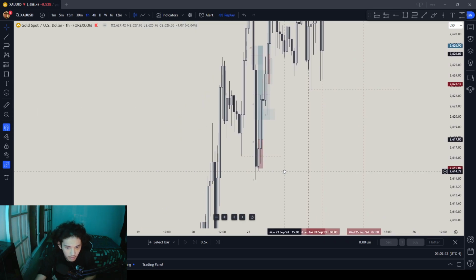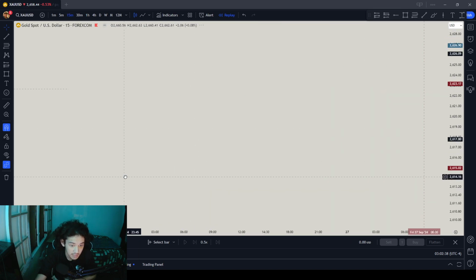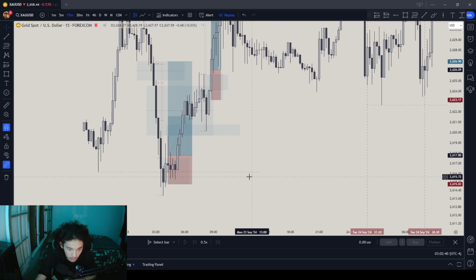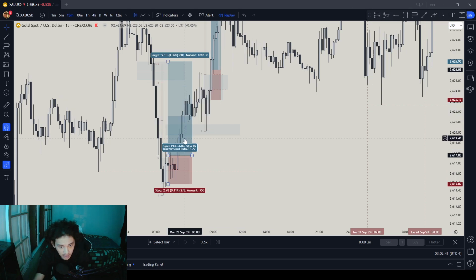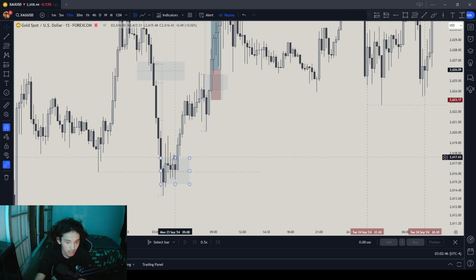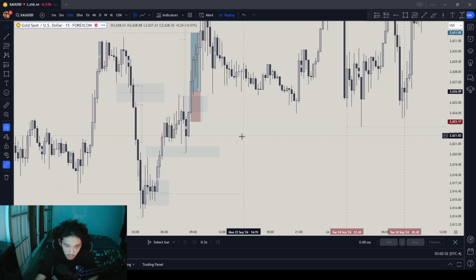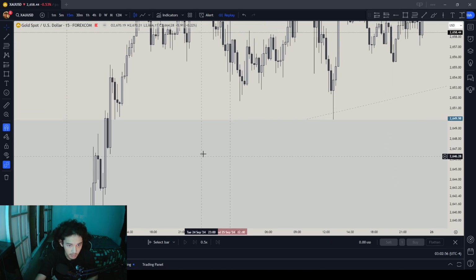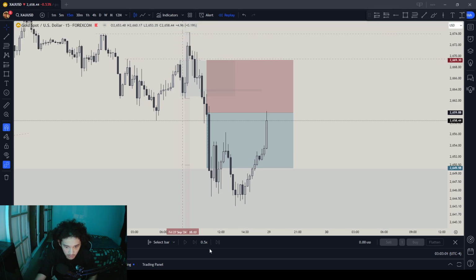But I know what I did. I know what I did here is just that the market and all different books are down. So I was looking for a 15-minute unicorn model, and the 15 unicorn never showed up. Yeah, so this would not have been a trade. It would have been a lucky trade, right? But I would have been up with a 3RR this week if I had taken not this one, but these other ones, right? 3RR. But yeah, pretty good week, break even week, lesson learned week, and keep on improving.